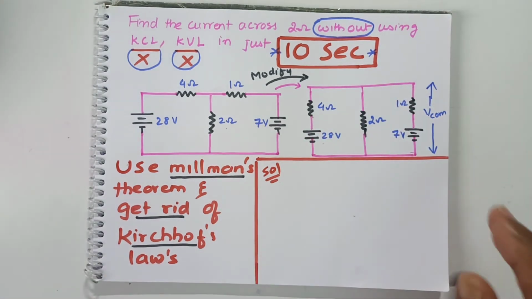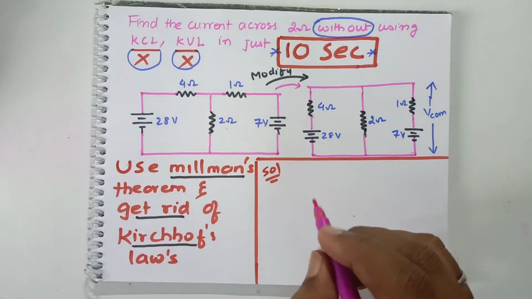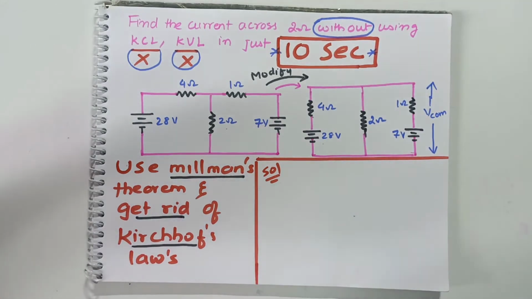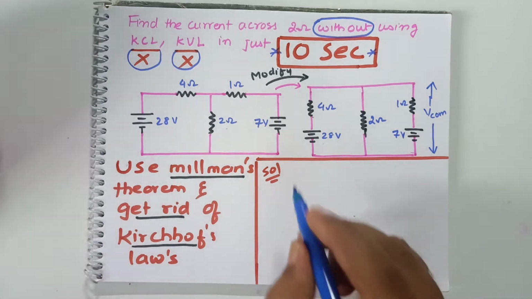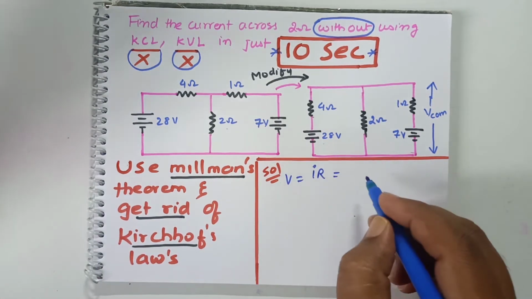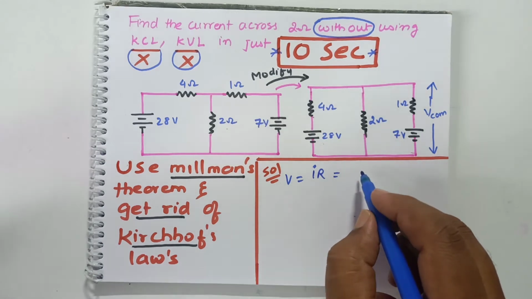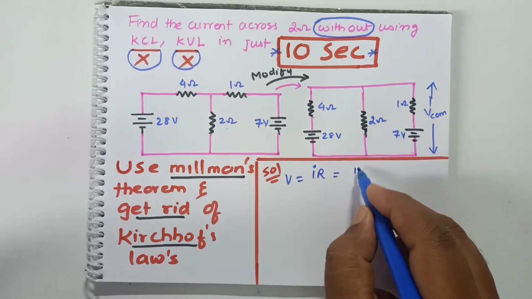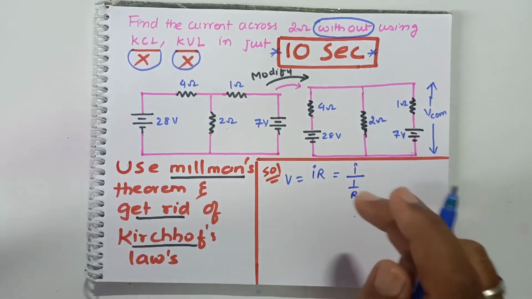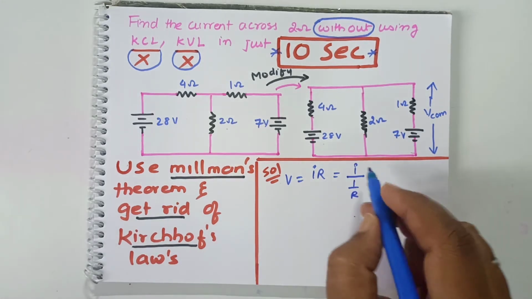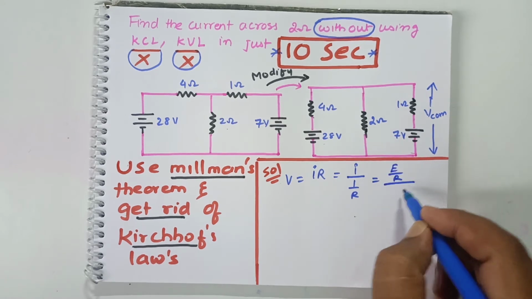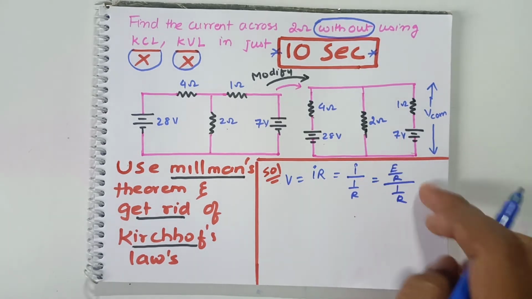Let us see how we are going to do this problem. For that, you just do one thing. You have to apply the basic formula. What is that? Ohm's law. So V is equal to I into R. I is equal to V by R can be written as V divided by R, because R comes to the numerator in the same way. Then what are you going to do? Can I write this V as E by R according to Ohm's law and 1 by R? So this is the basic formula we are getting.